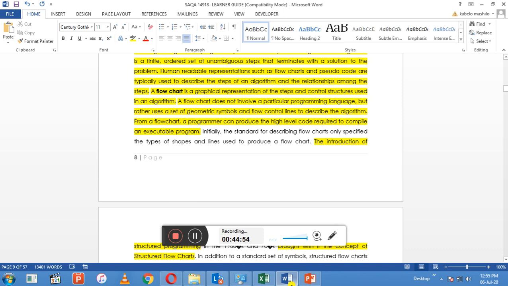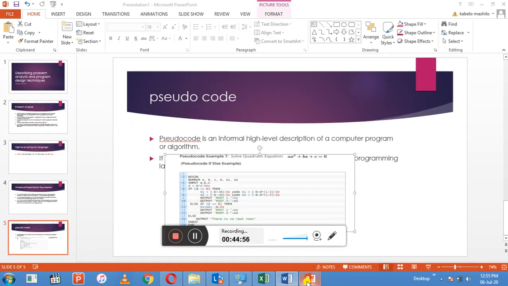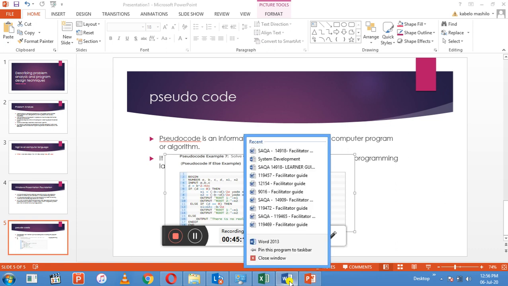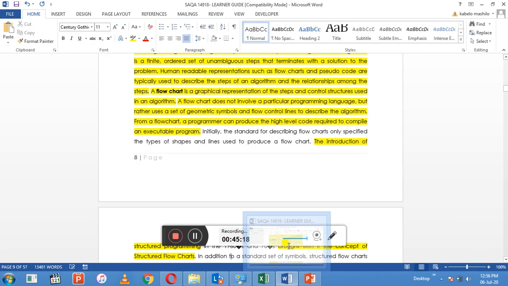That is our flowchart. It uses a set of geometric symbols. So the statement here, which is an algorithm, a sequence to say if D is greater than or equal to. Those greater than or equal to symbols are our flowchart. So it explains further. Those are our graphical representation of steps